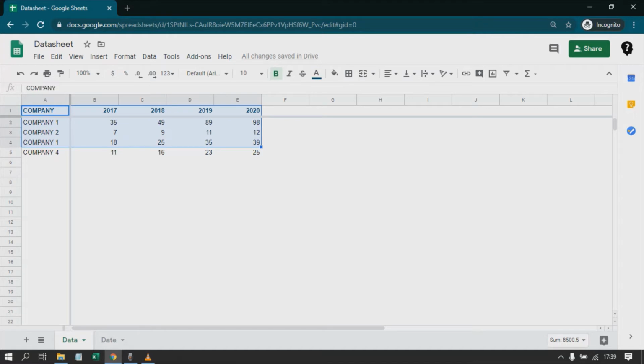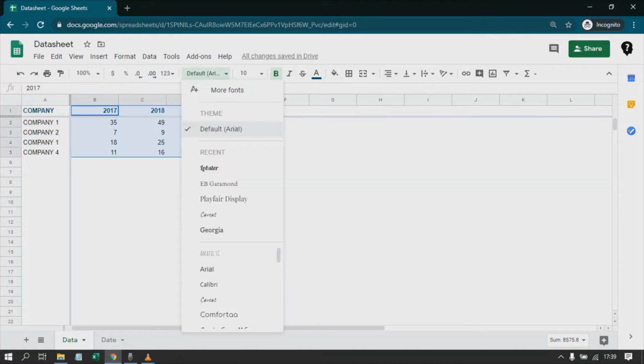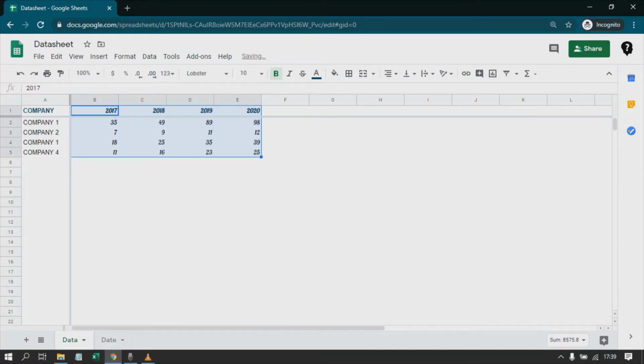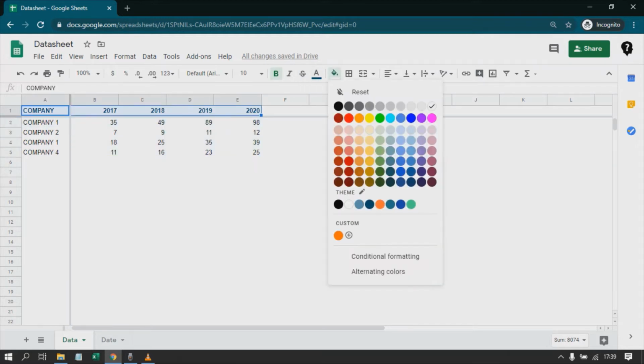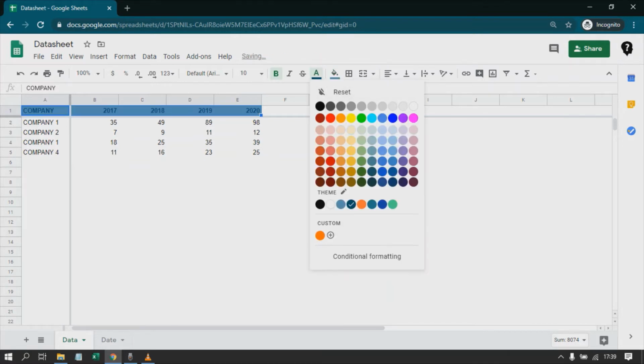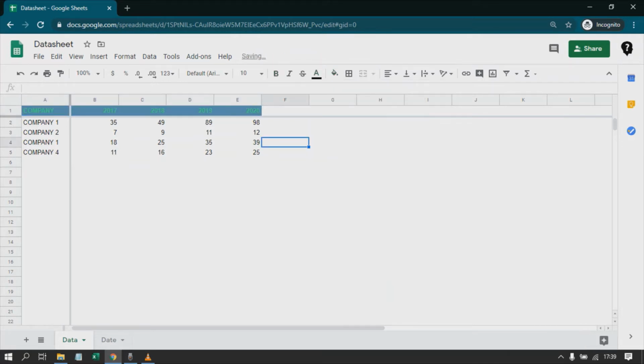Okay, I have this data. So we can change the font from here, right? Font size, bold, italics, strike through, colors, header color, right?